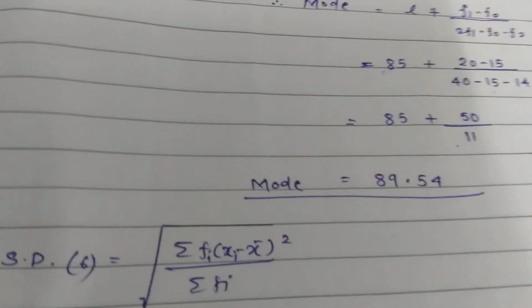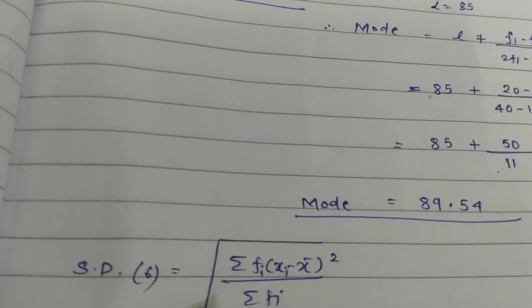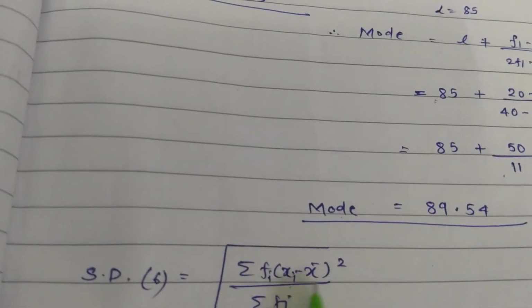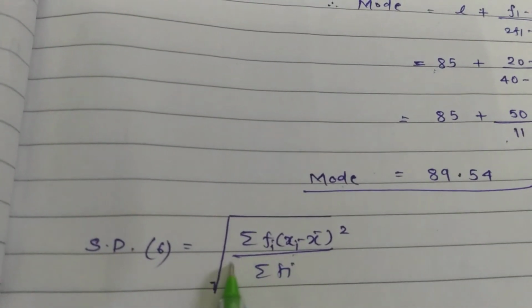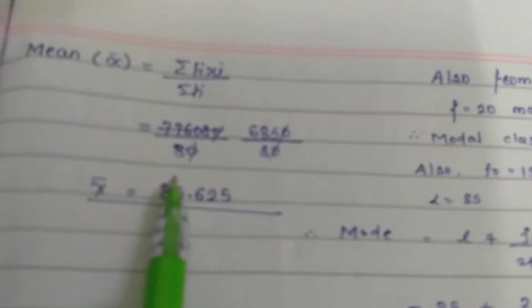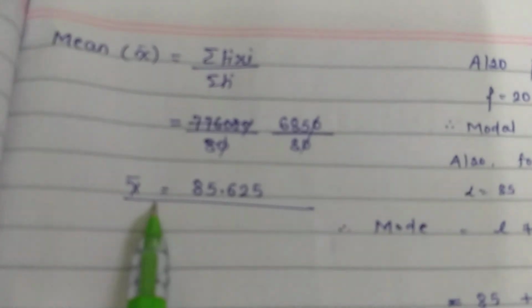Next we are proceeding to the standard deviation. Sigma is equal to the square root of summation fi (xi minus x bar) squared upon summation fi. So from this, we have the fi value, and we have to calculate the numerator. As we have seen in the first part, the mean x bar is equal to